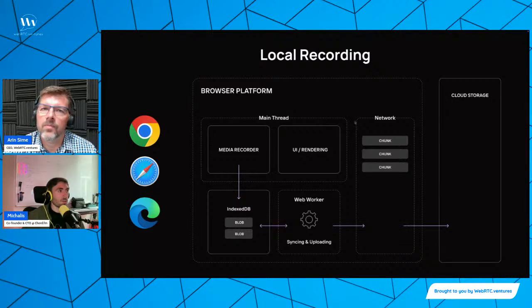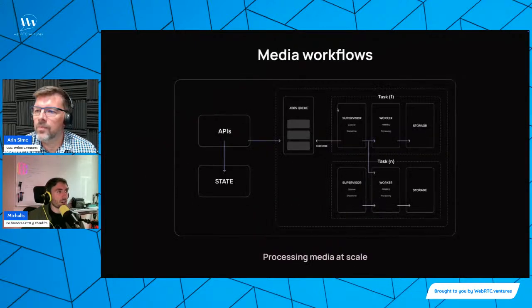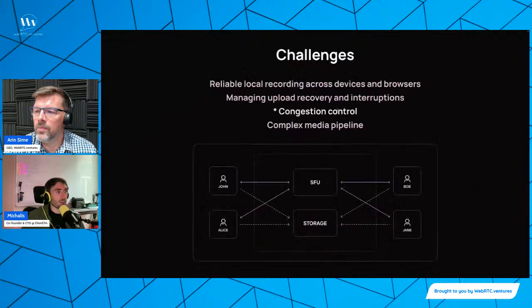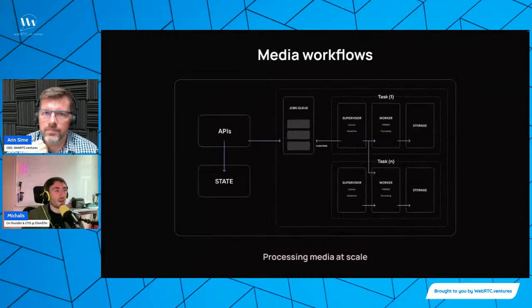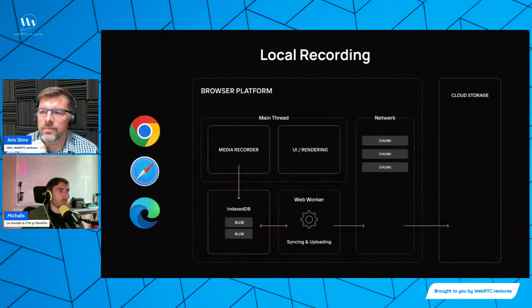So I'm just going to try and find the right slide here. Oh, yeah, there you go. As we were looking at this high-level architecture earlier, this is exactly what happens, right? So you've got different peers connected to a selective forwarding unit, and those send their feeds and receive others' feeds. But then in parallel, you have this feed that you're trying to sync to your local recording. And what this means is that within a browser environment,